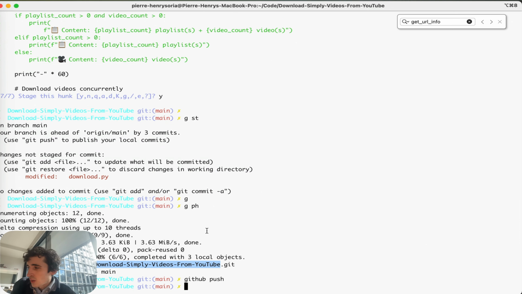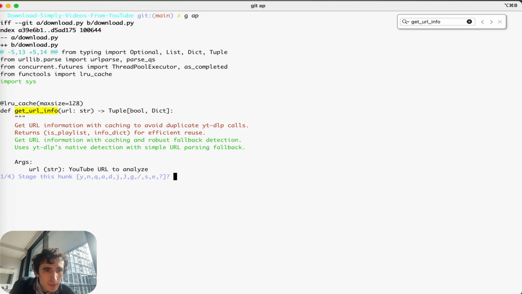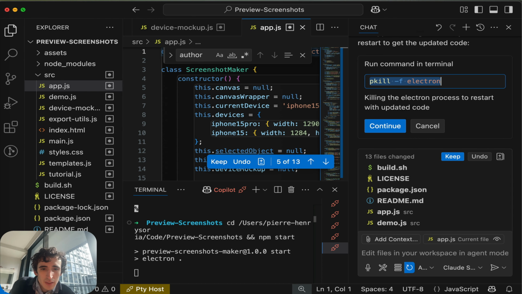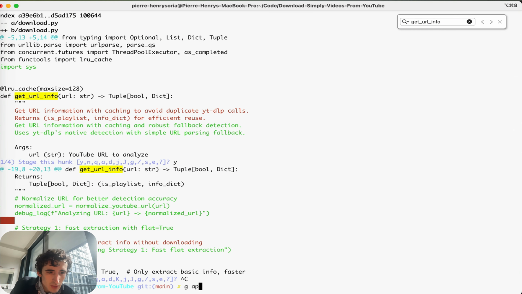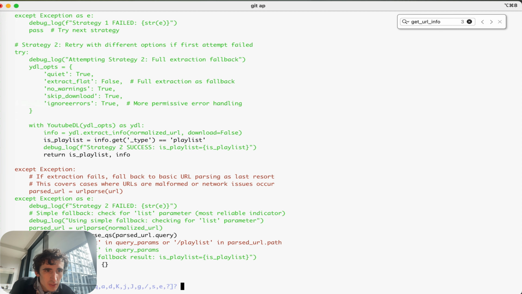So if we go back here, we can see the new changes. I will just format my file. Yeah, that's the one. So we format the file here. Amazing. And let's see the changes. It's just a comment. So the comment there, and then normalize. So that's a new function we have: normalize_youtube_url, and then